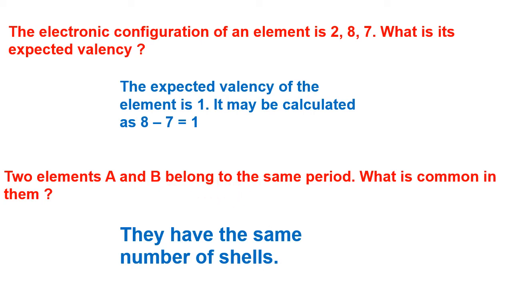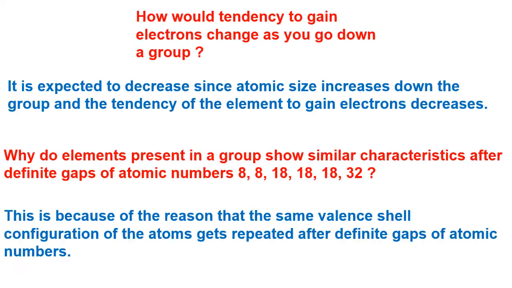That is the meaning. See, you want to check whether you understood the modern periodic table or not. You want to check your application level, whether you are applying the knowledge or not. These questions are called application level, and only such questions will come in the examination. So apply the knowledge you learned, whether you understood or not. On the basis of your understanding level, knowledge level, application level, he is asking such questions.